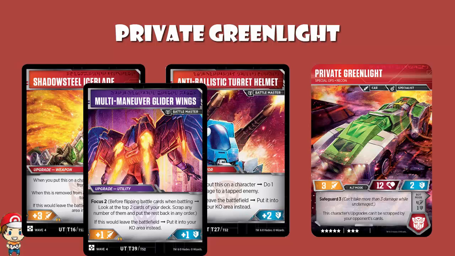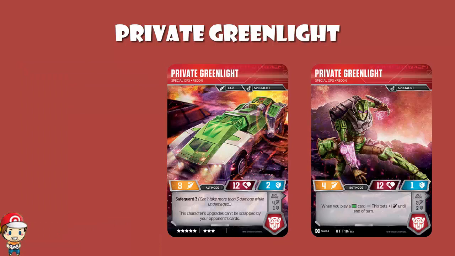So either you can stick this in bot mode, play a bunch of green icon cards, and be smashing in that regard, or you leave it in alt mode, play it with a bunch of Battle Masters, and really take advantage of the fact that it cannot be scrapped by your opponent's cards. I really like Private Greenlight. This one, it's kind of 2 different decks in one. I don't think you would use both of these skills hardly ever. It really does need to be one or the other, but I think both of them have a huge amount